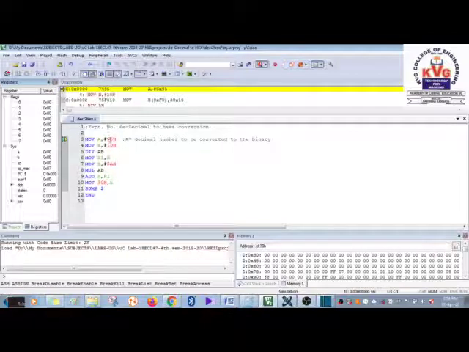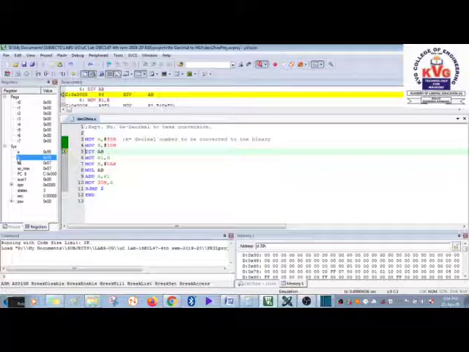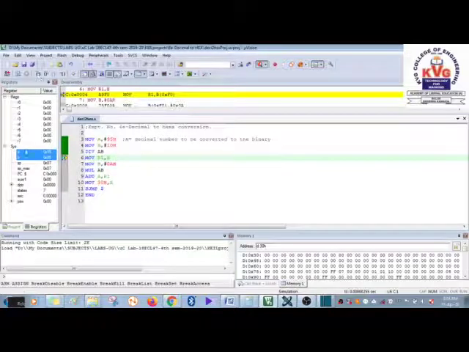First we're going to move the number 95 to A. So we got it here. Then we have to divide it by 10h. So first bring that to register B. So in B we have 10H. The next instruction will be to divide A by B. So in A we'll have the quotient, and in B we'll have the remainder 5.